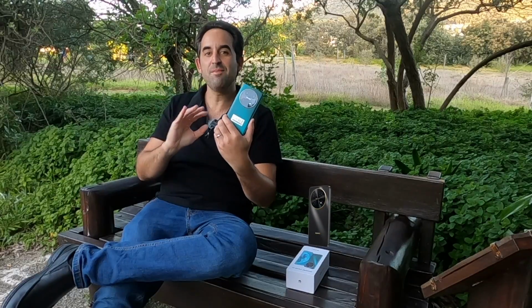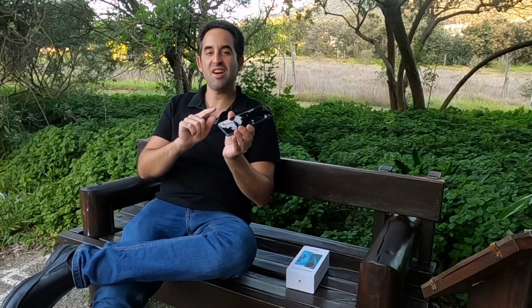You also get it in a deep black. It's got an almost glittery effect, really is dazzling to the eye. What you also notice is how incredibly slim and premium it feels in the hand. You got your USB-C port, you got your fingerprint reader here for maximum security, and over on the front, well,